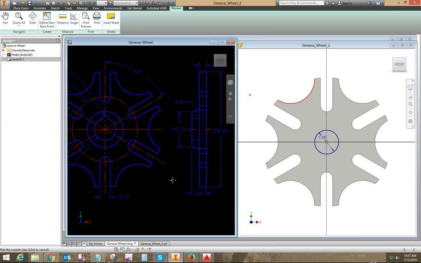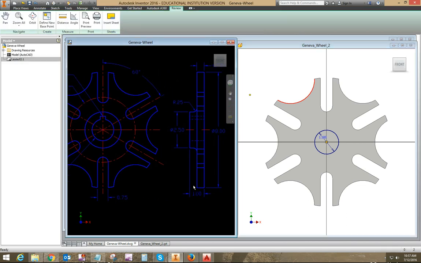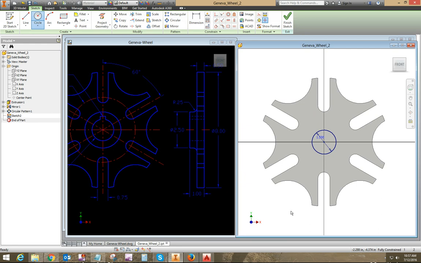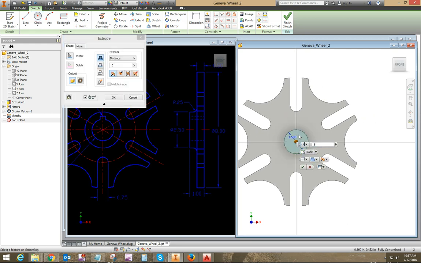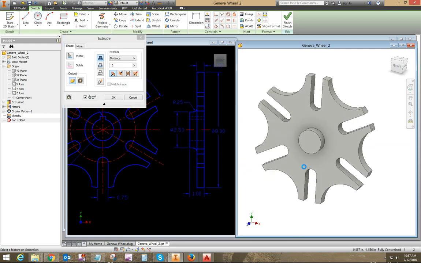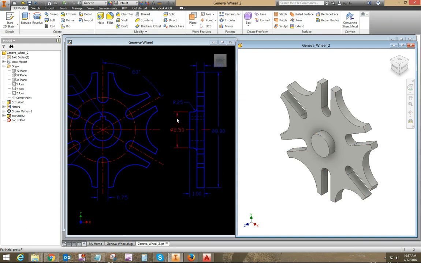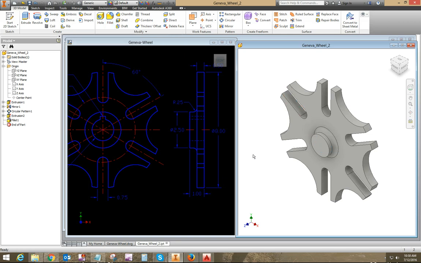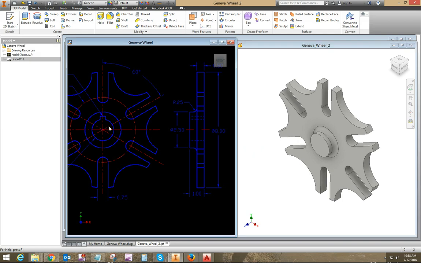And let's see, it was 0.5 thick. Okay. Extrude that 0.5. Okay, so that's looking good. I've got a 1/4 of an inch fillet. Okay. And now I've got a keyway hole that goes through